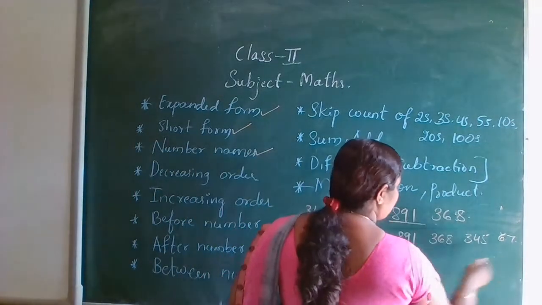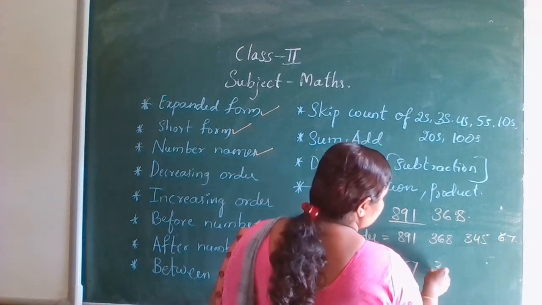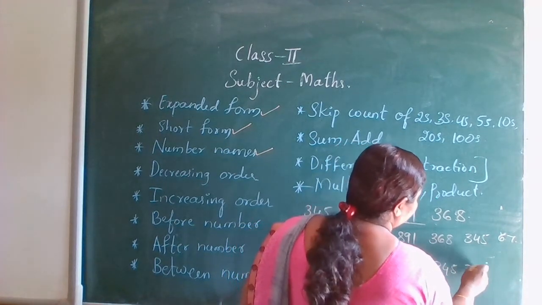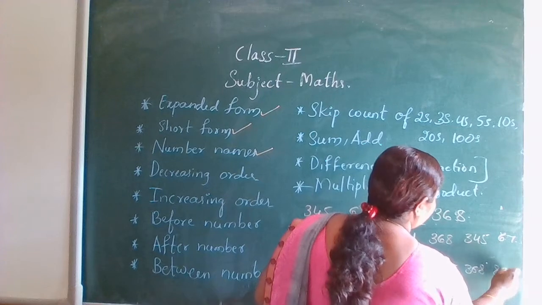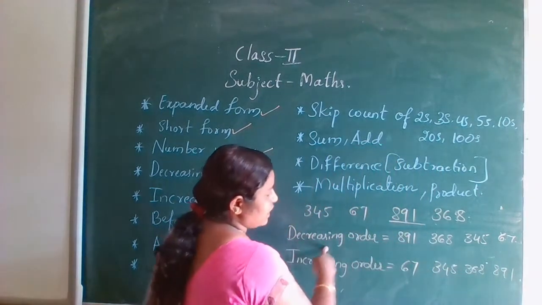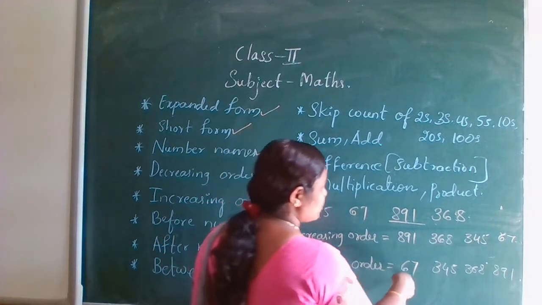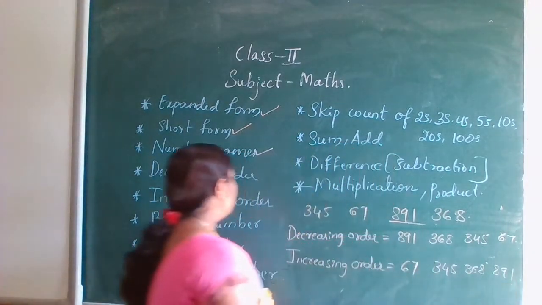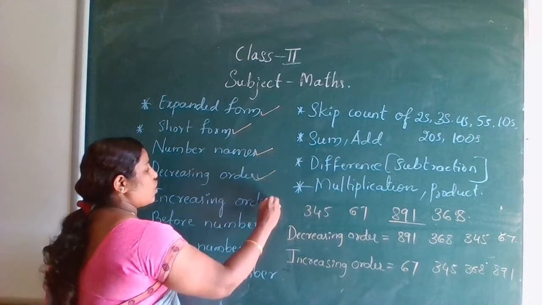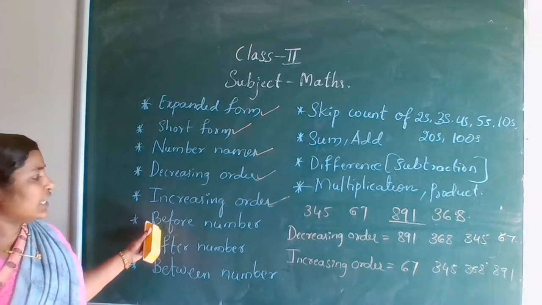Which is the smallest one? We know already. Then 891. Decreasing, biggest to smallest. Increasing, smallest to the biggest. This is known as decreasing order, increasing order. Next, before number,